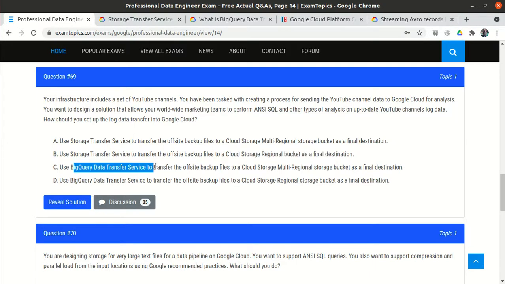Use the BigQuery Data Transfer Service to transfer the backup files to Cloud Storage and use a multi-regional bucket as the final destination. So rather than the Storage Transfer Service, they say we will use the BigQuery Data Transfer Service, right? And everything else is the same, the data will be stored in Cloud Storage, multi-regional. This is wrong. Why? Because using the BigQuery Data Transfer Service, we can transfer data only into BigQuery tables, not into Cloud Storage.